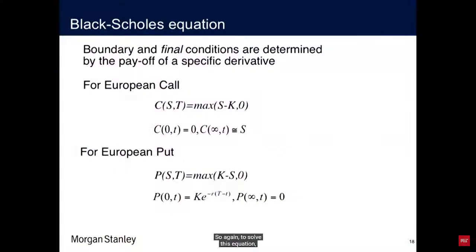So again, to solve this equation, as for any partial differential equation, we'll need some boundary and initial conditions. And these come from our final payout of the option, which we know. We know what happens at expiry. And some boundary conditions. For call and put, the final payout we know. So at time t. And the boundary conditions which we discussed, we can observe them